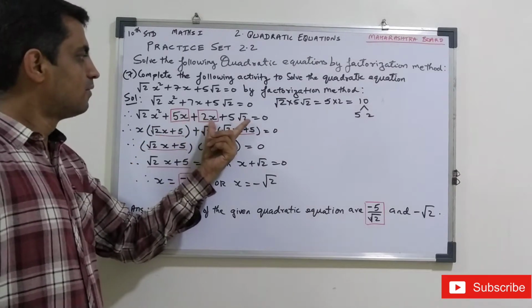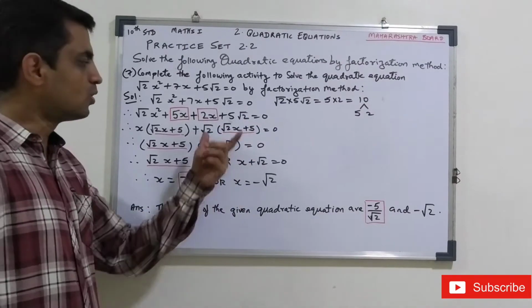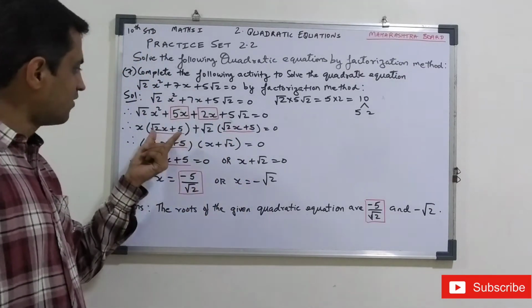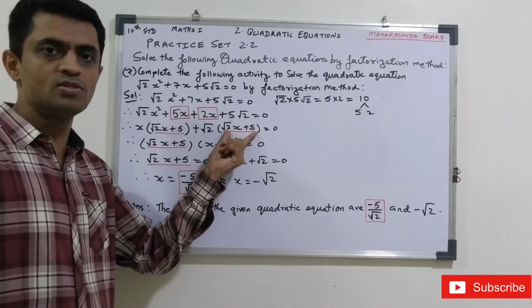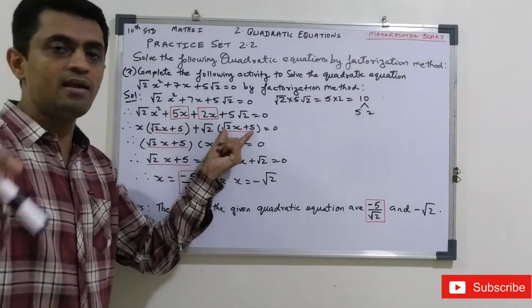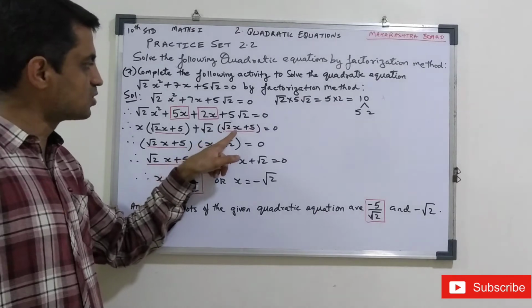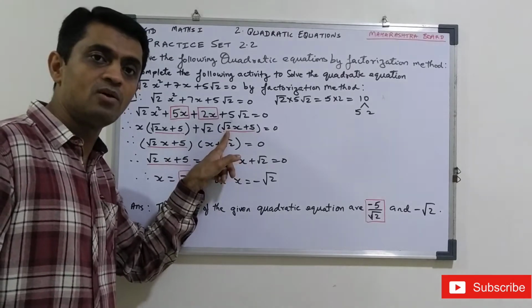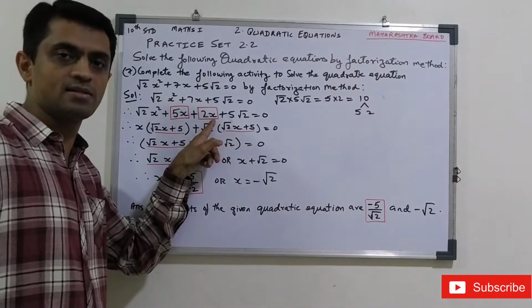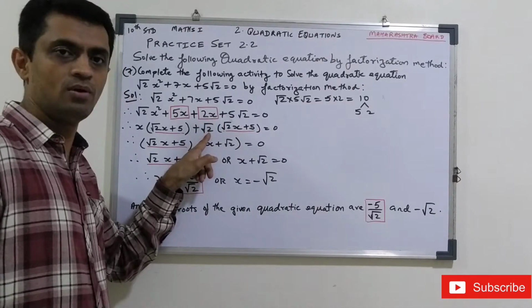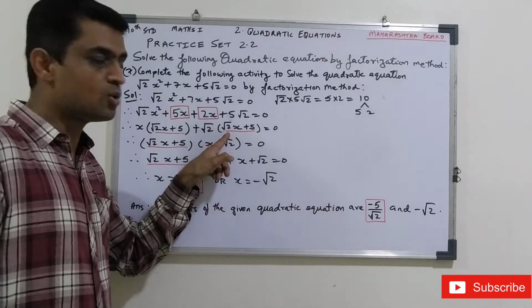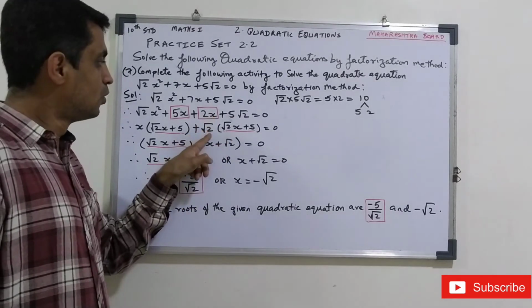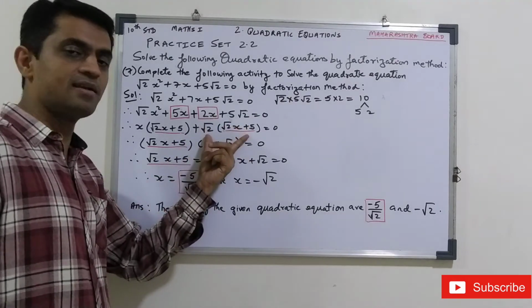Now from here, it is very difficult to find the common. So don't worry, we know the brackets are the same. Use the trick here. Brackets are always the same, that we know. So we will write the same bracket here. Now you think, what will you multiply with root 2 x so that you will get 2x? I repeat again: what will you multiply with root 2 x to get 2x? Yes, correct, root 2. You will multiply root 2 with this so that you get 2x, because root 2 into root 2 is 2, x. Root 2 into 5 is 5 root 2. So is it correct? Yes.